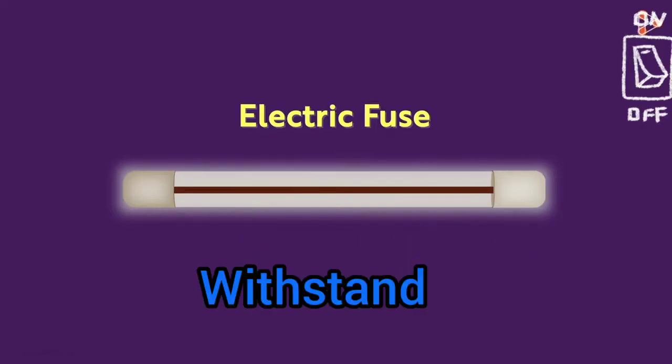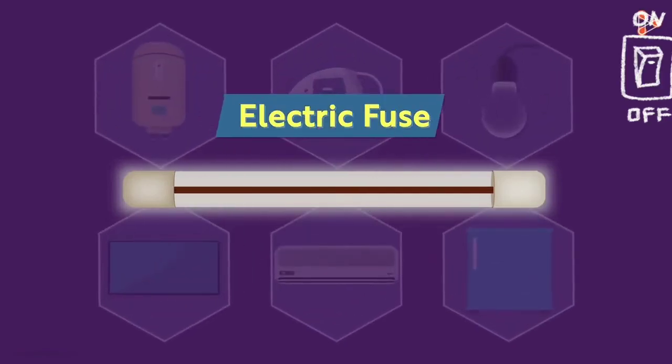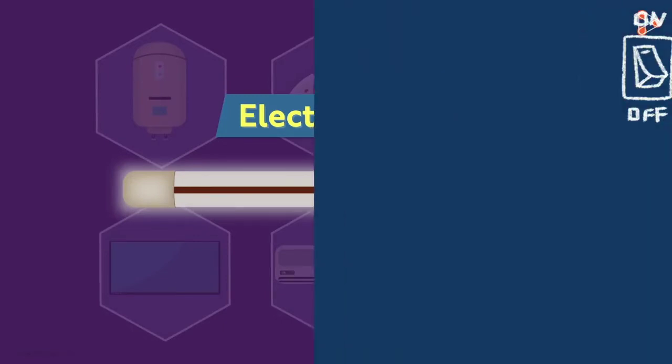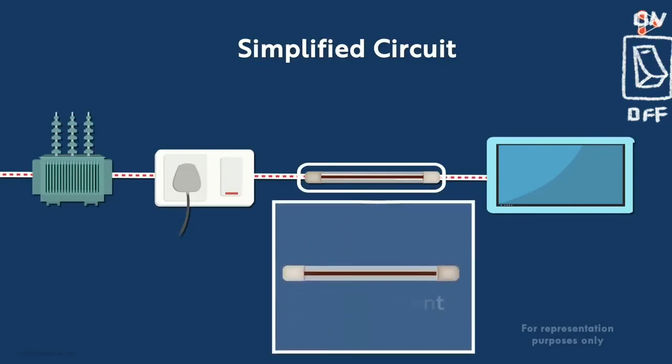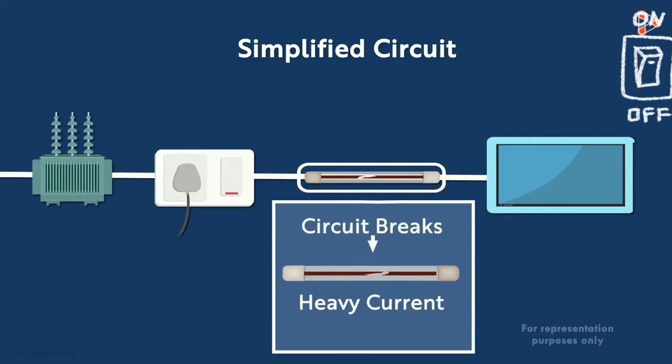What is this withstand property? Withstand property gives us an idea about the amount of current which it can bear. For example, if we are going to use a device which requires a current of 3 amperes and we have used a fuse wire of 5 ampere, then if the current exceeds 5 ampere, that wire will break off. Otherwise the excessive current may lead to damage of that device, because that device needs only 3 ampere of current. So this electric fuse helps us to protect the device.